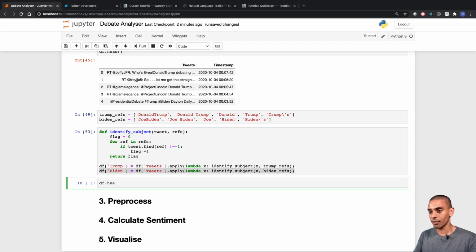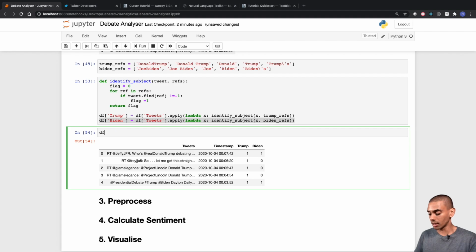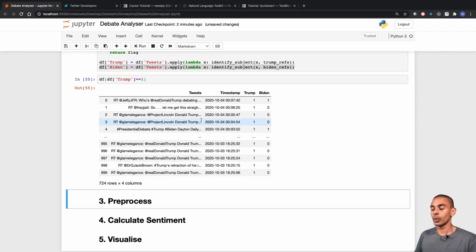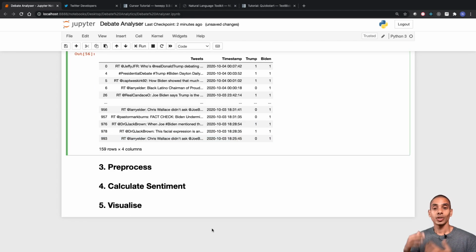So if we open up our data frame, you can see indeed we've got two new columns, and if we want to filter on either one of those, we can. And we can see all of the tweets where Trump is mentioned, so it's about 724. And if we take a look at Biden, it's about 159. So we've definitely got more results for Trump versus Biden. If you wanted to potentially improve this, you might choose to separately pull out tweets for each one of the candidates. In this case, we're just going to roll with it and take a look at our final results. But you can definitely see that we've got our results and we've gone and identified who's being mentioned in each one of those tweets. So now the next thing that we actually need to go on ahead and do is